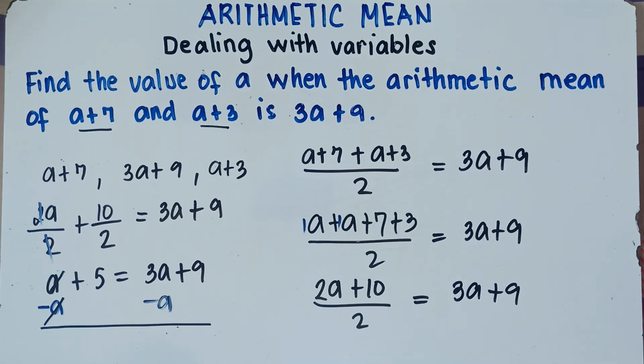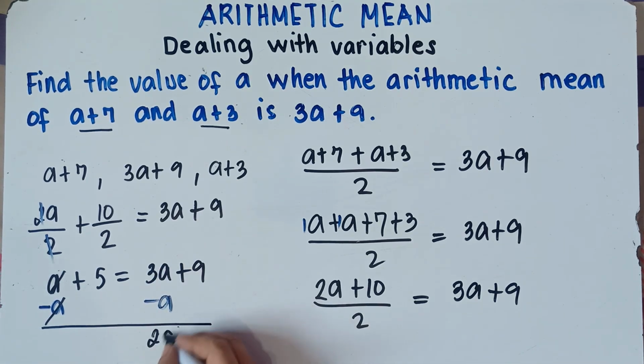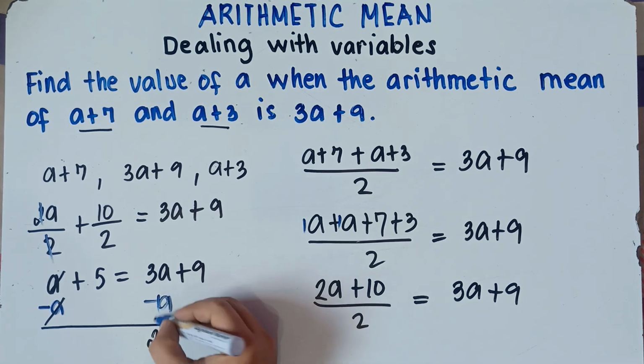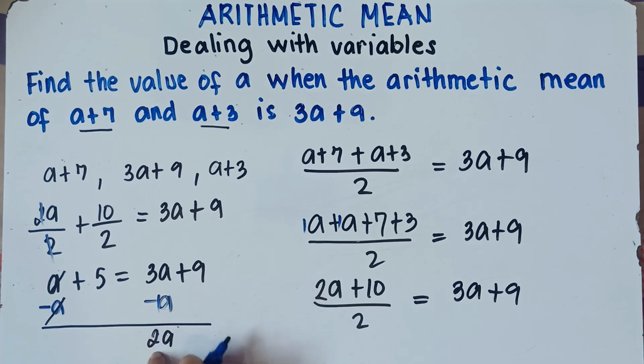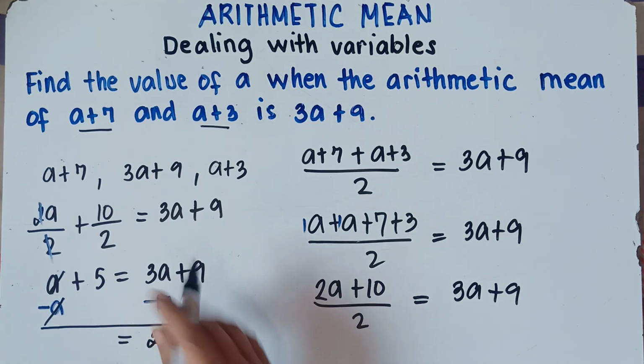Minus a. So this will be 3a minus a, that would be 2a. Once again, class, understood that there's 1 here. 3 minus 1, that's 2. Then simply copy a. Any variable, class, has a numerical coefficient of 1. So 3 minus 1, that's 2. Then simply copy a. Alright, so we have 2a on the right side.